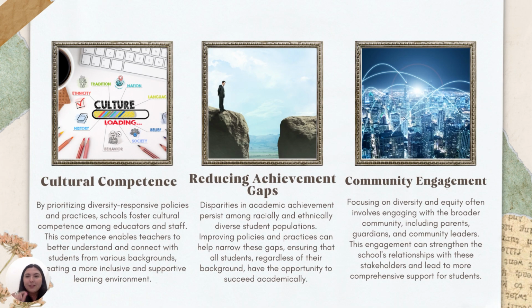Here we're going to talk a little bit more about how we can improve school policies and practices to create, again, that more equitable, more inclusive environment, and make sure that it's effective. Although a lot of schools have the same model, sometimes it's not as effective as it should be. When we talk about cultural competence, we're talking about the different policies and practices that teachers can be learning about. Throughout the summer, I went to a couple of PDs, professional development, and I was able to make connections with other teachers that were from different places, and they got to show me a little bit more.